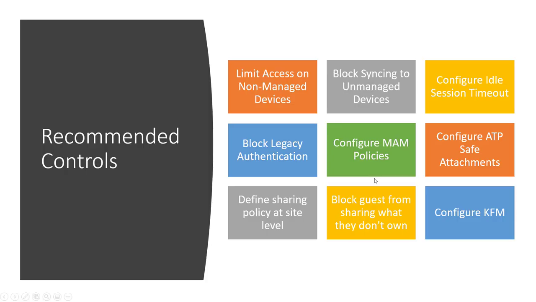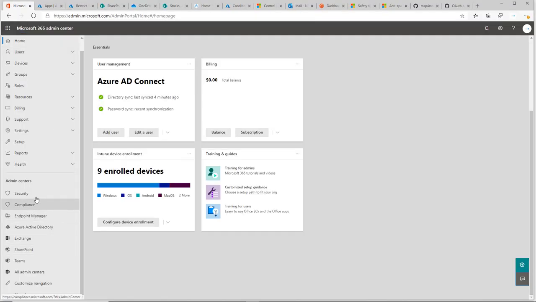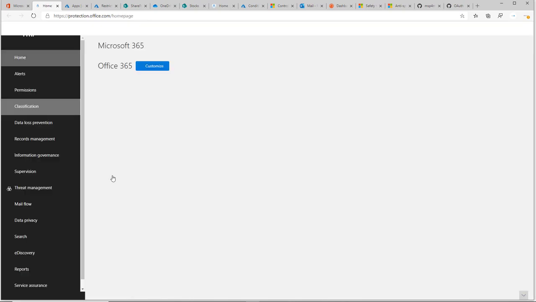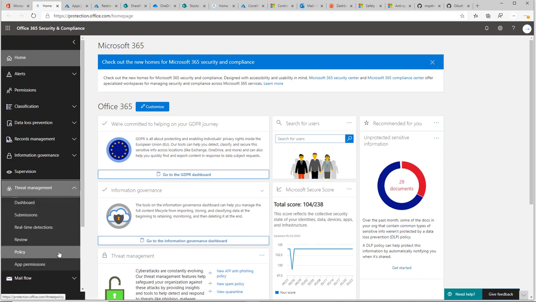The next thing that we want to get into here is configuring ATP safe attachments. So safe attachments is part of Office 365 Advanced Threat Protection. This allows you to scan documents within the OneDrive and SharePoint environments and basically scan them continuously for malicious content to avoid anybody opening up that or sharing that throughout the organization. So this does give you that protection here, and you can come into the Security and Compliance Center here. Now it's being rebranded to the Security Center, but if you have to, you can go back into the legacy environment. Under Threat Management, you can click on Policy,